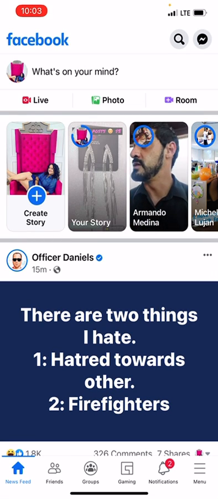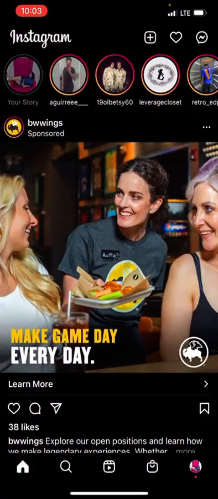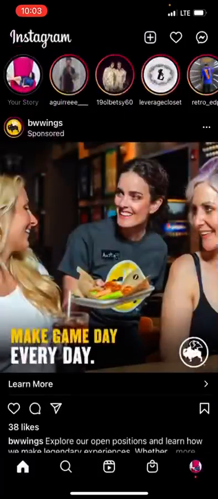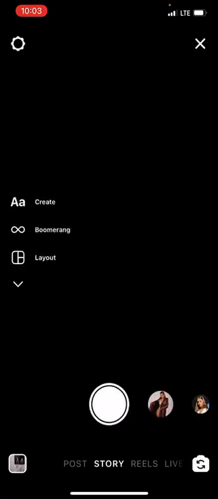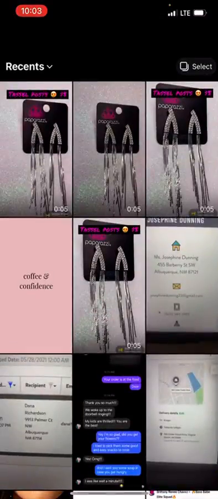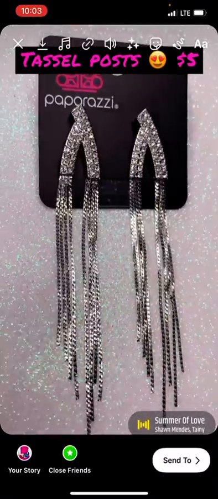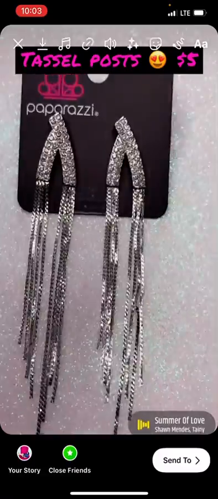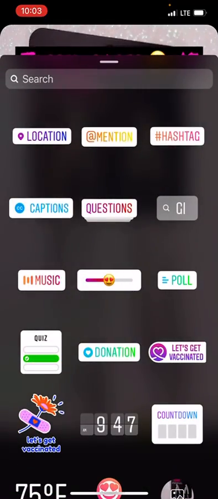Okay. I forgot one cool thing that you can do on your Instagram. If I wanted to add something to this, so this is already on my Instagram story, okay? So if I wanted, let's pretend I hadn't added it yet. We'll go add to story, okay? We'll go ahead and choose the video. Another cool thing about Instagram is if you click on the little sticker button at the top, it's right next on the right-hand side of the stars. It's a little square with the happy face. If you click on that, you can actually add,